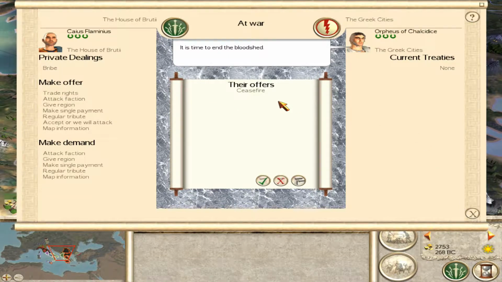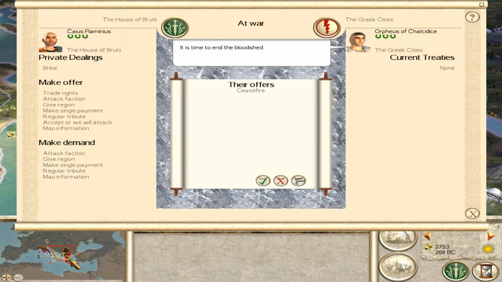And the Greek city-states are asking for a ceasefire. Ooh, do I want to actually accept a ceasefire? Huh. I might accept a ceasefire just for now until I take the rebel city, and then I might attack the Greek city-states. Actually, where are their other territories? I don't think they have many other territories. I think they've just got like Sicily, like the bottom right corner of Sicily, and they might have something down here, but I don't know. I think the Greek city-states might be about to be wiped out,